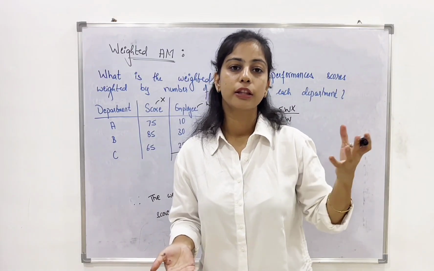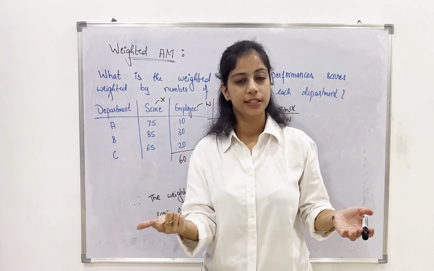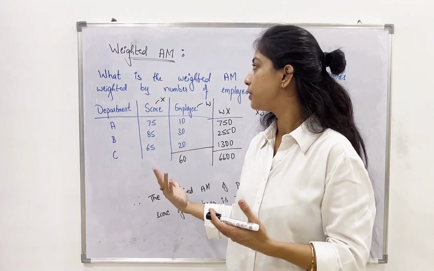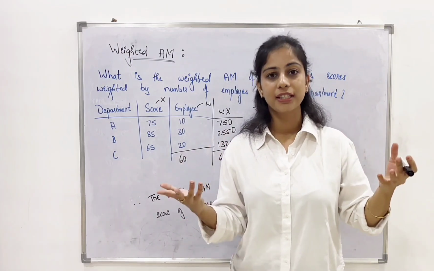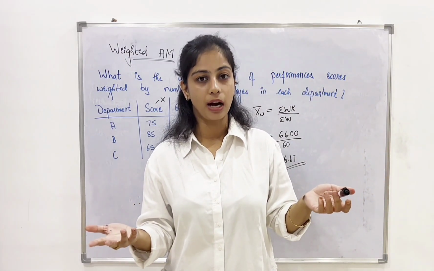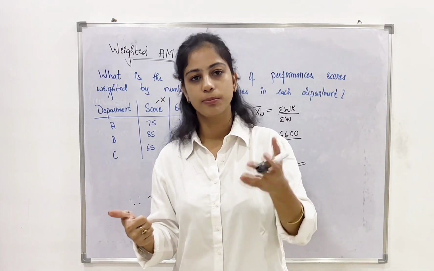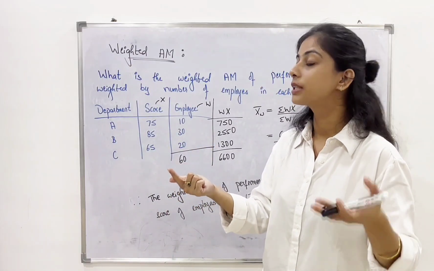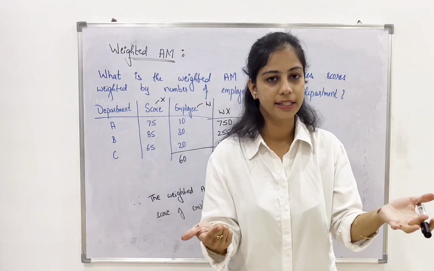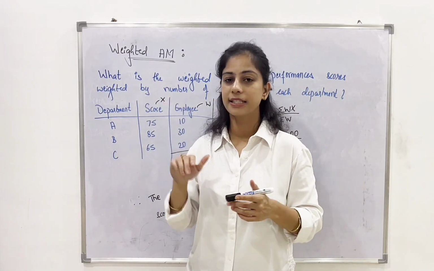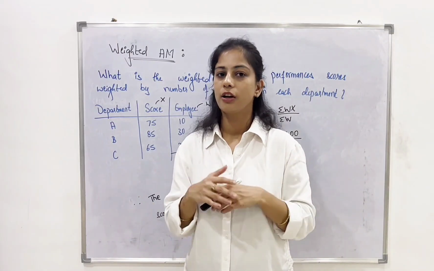We had seen the different questions based on the arithmetic mean depending on the data given to us: raw data, discrete data, continuous data. And in this video, we have learned the different ways in which arithmetic mean questions can be asked. The first one was missing frequency type, in which frequency is missing and you're supposed to find the arithmetic mean. Second was combined mean, in which two sets of series will be given to us and you're supposed to find the combined arithmetic mean. And in the end, we saw weighted arithmetic mean, in which weights are given more importance, and based on that, we solved this.